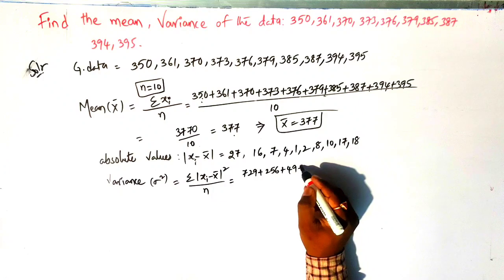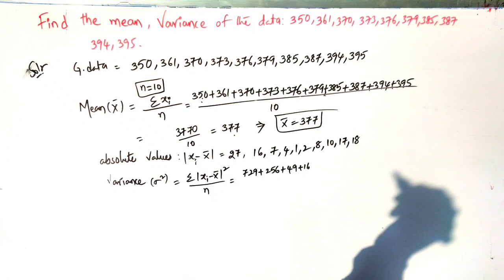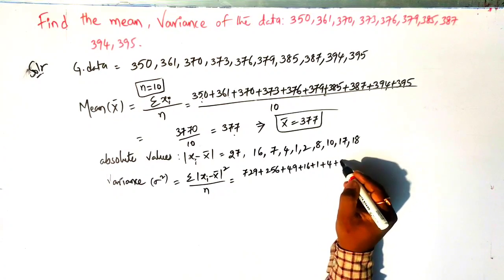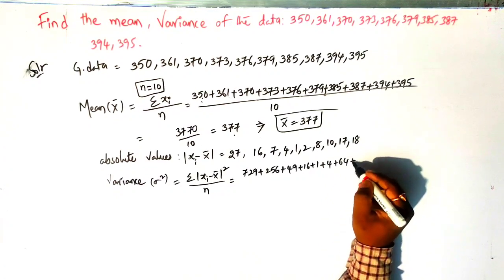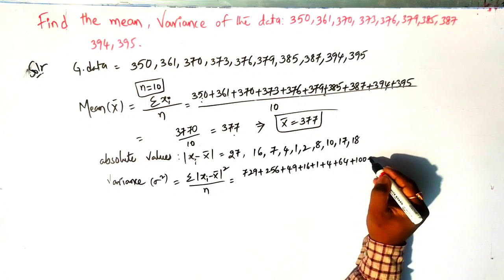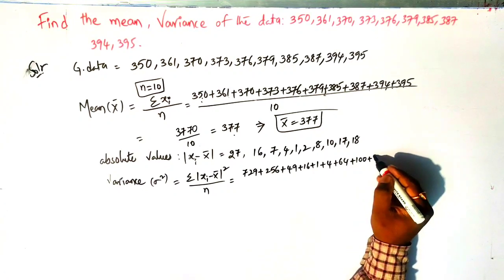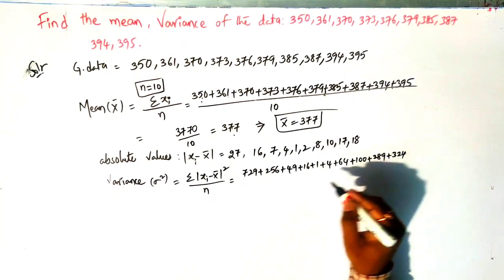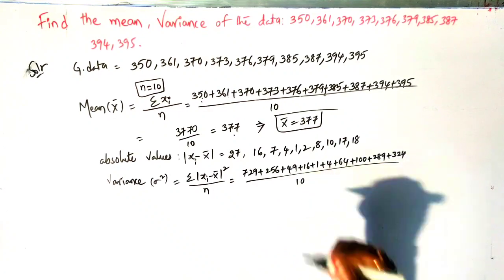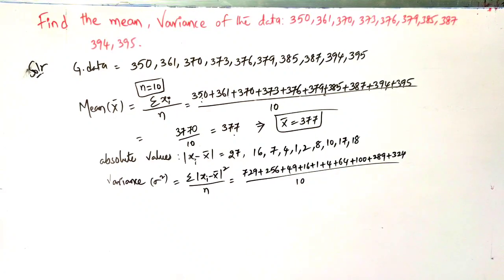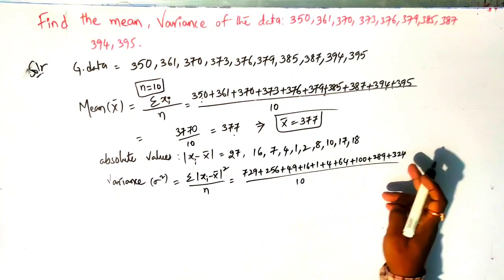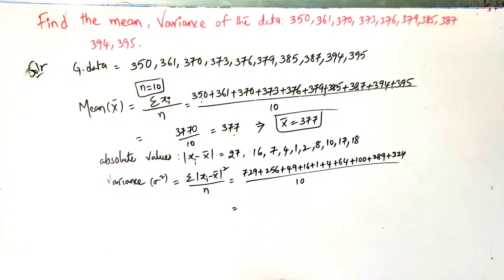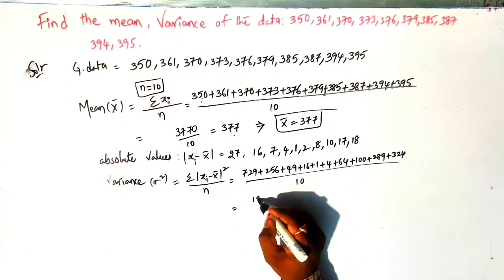49 plus 16 plus 1 plus 4 plus 64 plus 100 plus 289, 17 whole square, plus 18 whole square is 324, divided by the number of observations, again we take 10. Okay. So we are adding these values here. What we get here is 1832